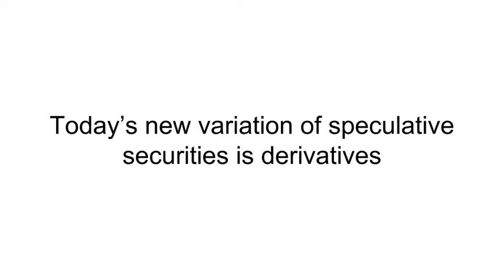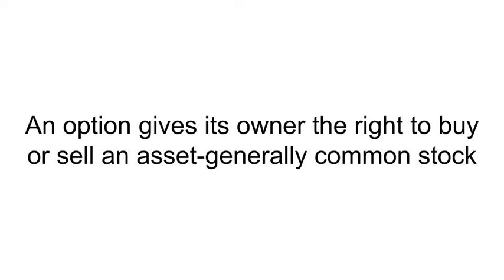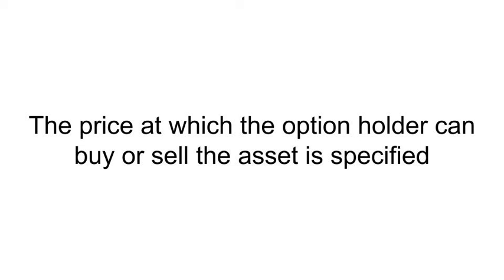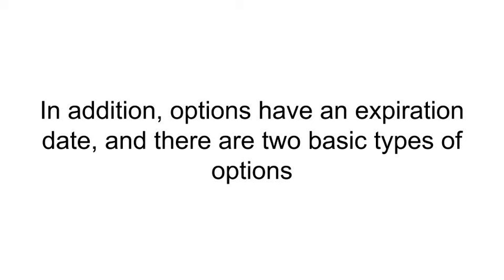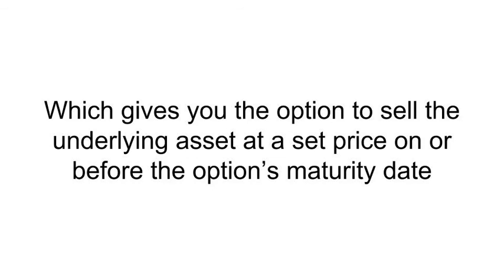Today's new variation of speculating securities is derivatives. Derivative securities are those whose value is derived from the value of other assets. These include options. An option gives the owner the right to buy or sell an asset, generally common stock. In other words, if the asset is not of value, you don't have to exercise the option. The price at which the option holder can buy or sell the asset is specified. In addition, options have an expiration date, and there are 2 basic types of options: a call option, which gives you the option to buy the underlying asset at a set price on or before the option's maturity date, and a put option, which gives you the option to sell the underlying asset at a set price on or before